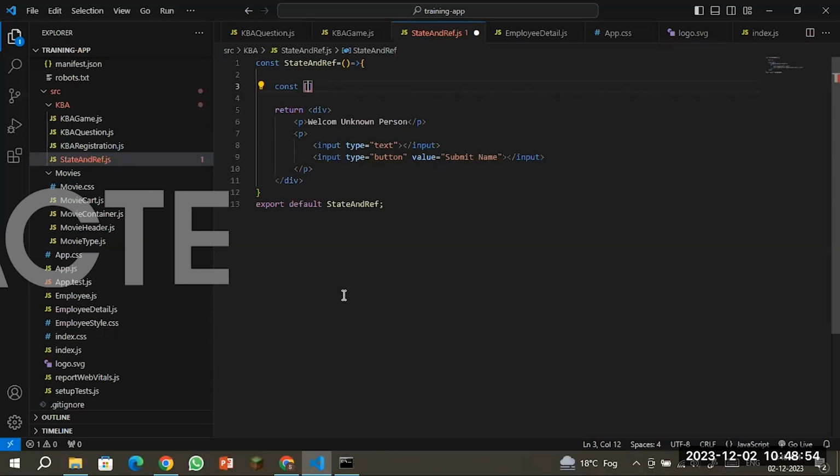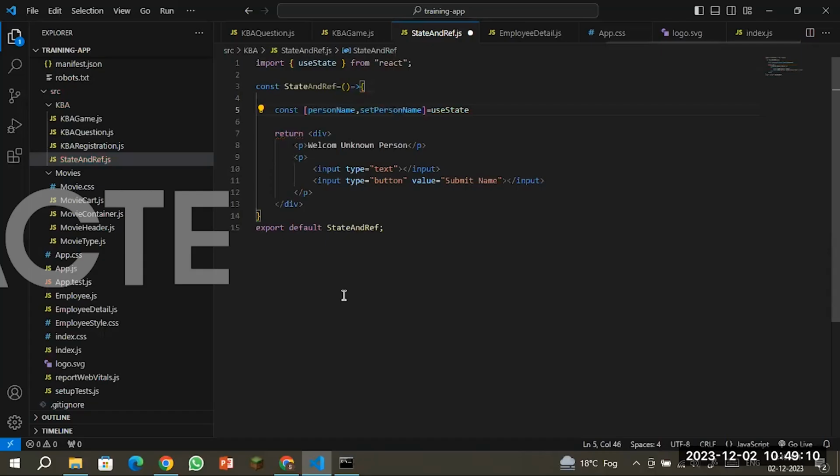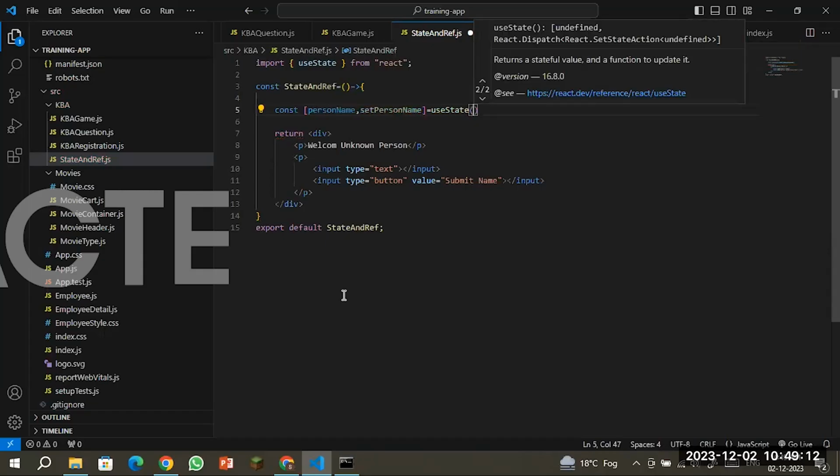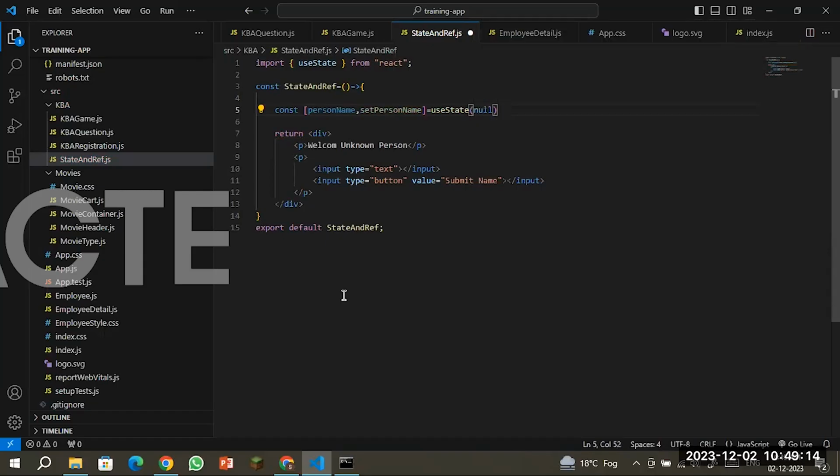Suppose this is a person name, and the set person name, and it is a useState, and the initial value of my state is null. Okay, and on the input box on change,